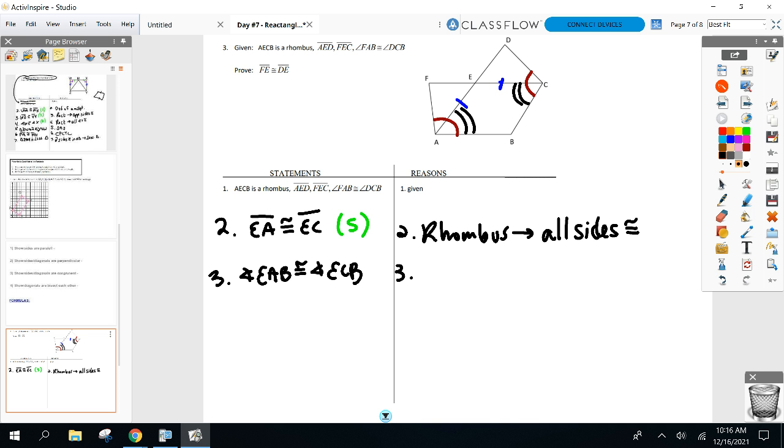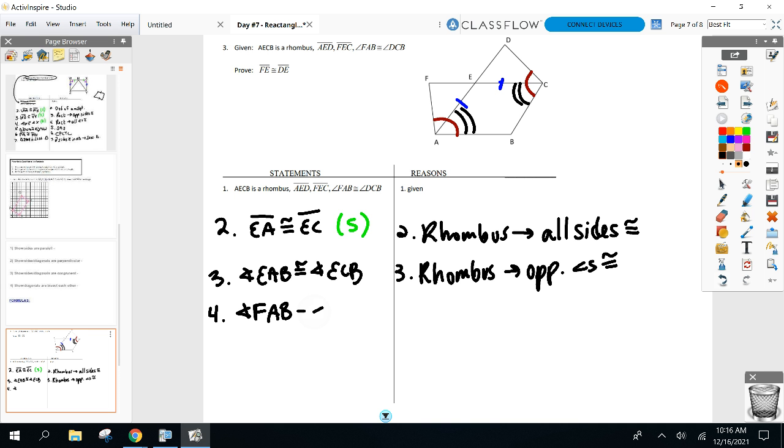What are we going to write here for the reason? I know it's going to be rhombus. How do I use that in the given one to get to an angle inside the triangle? I can actually subtract them. There it is. We're going to subtract, everybody. So we can say EAB, big angle. Nope, sorry, that's not the big angle. FAB